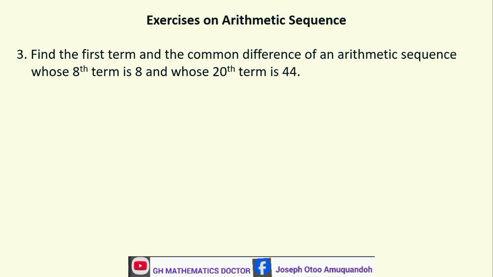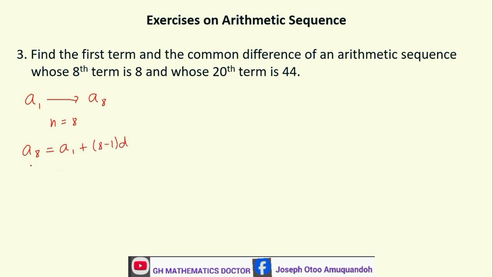The third example here. Now let's look at this. It says we are supposed to find the first term and the common difference. So with the conditions given to us, we need to express our information into two equations. Then we solve this problem simultaneously. So beginning with the first information that we have here, we are matching up to the 8th term, and our n in this case is 8. So using the formula